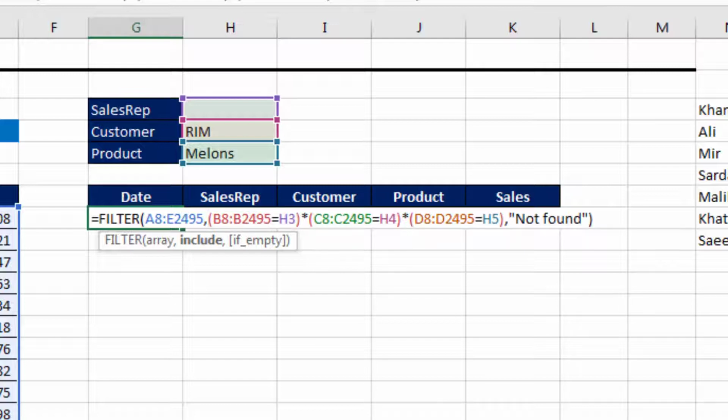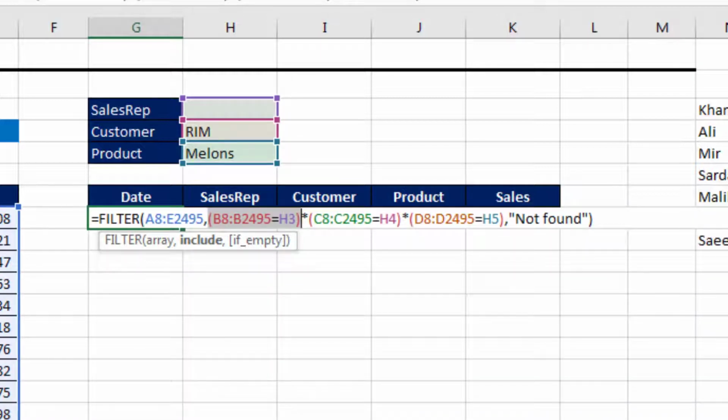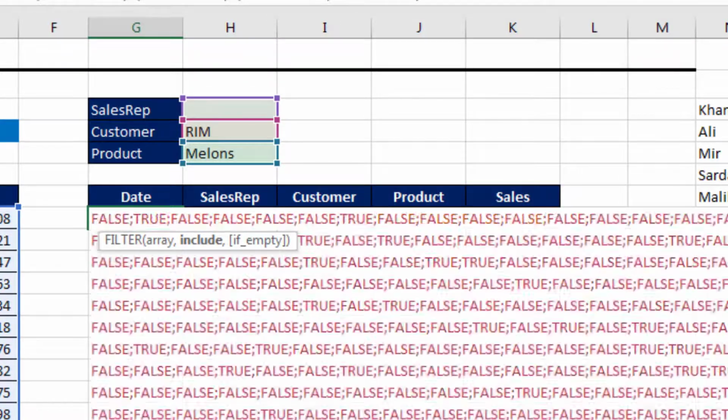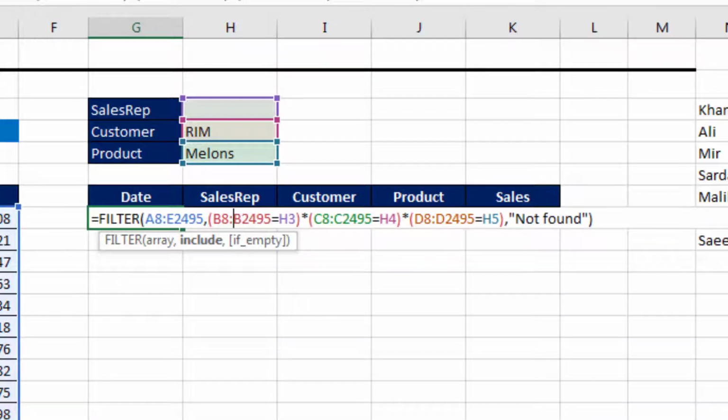And if we refer to the first condition, which refers to our sales rep, in this case, if I select this portion and press F9, you can see a bunch of trues and false here. Wherever the condition is satisfied, it gives a true, and wherever the condition is not satisfied, it gives a false. Similarly, for the next condition, if I select this and press F9, again it shows a bunch of trues and false. So for all these three conditions, for sales rep, customer, and product, the combination is a bunch of trues